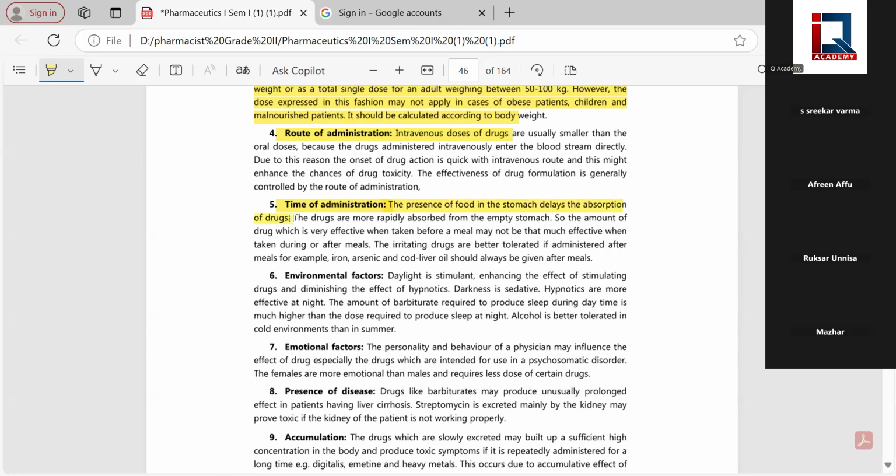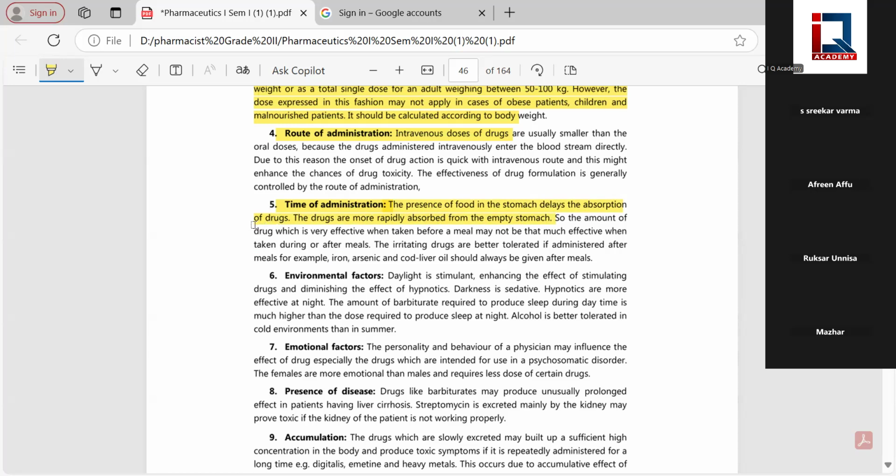So certain drugs should not be given as soon as food is taken, and certain drugs should not be taken on an empty stomach. For example, PPIs, proton pump inhibitors, you will take on an empty stomach, right? But if you're taking a painkiller, an NSAID, an aspirin, a nimesulide, ibuprofen, you're not supposed to take it on an empty stomach,